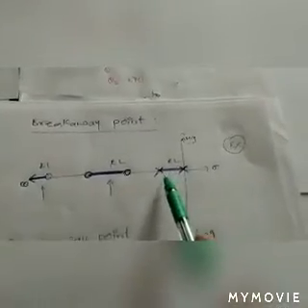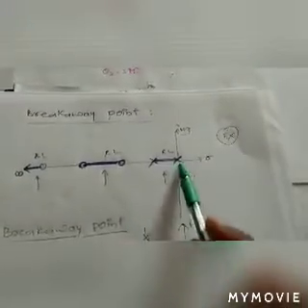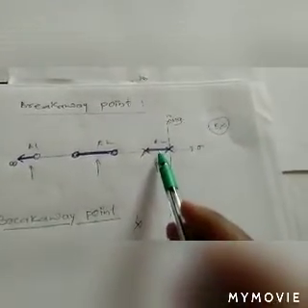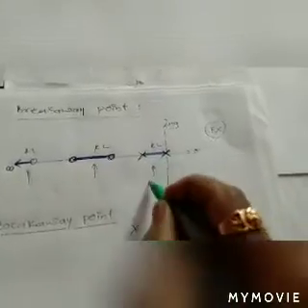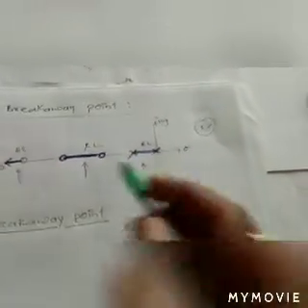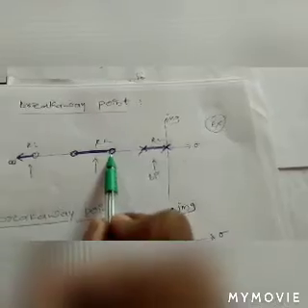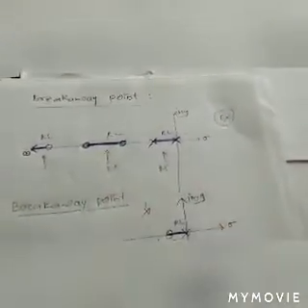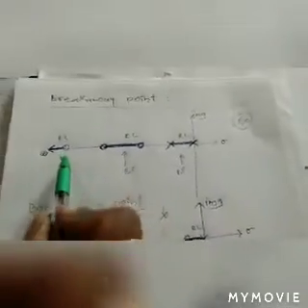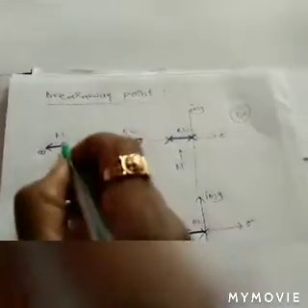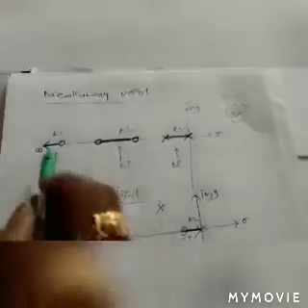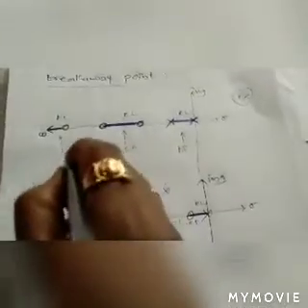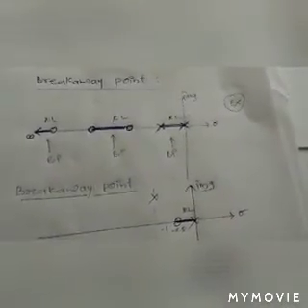So breakaway point exists when there are two adjacent poles and the root locus must be approaching or lying between them, then a breakaway point may exist here. Or else, if two adjacent zeros are there and the root locus is in between, then we can predict that there may be a breakaway point here also. Similarly, the third prediction is that the last node should be 0, then the root locus must be approaching infinity, then a breakaway point may exist. So these are the three predictions.